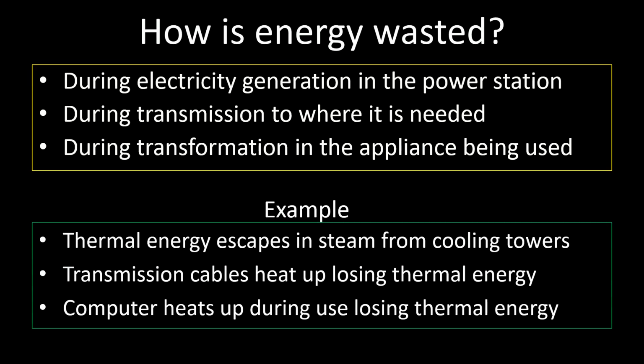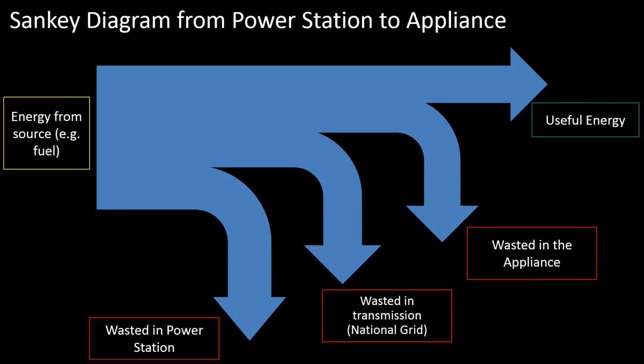Now, when we're talking about energy transfers, the most useful thing for us to think about is a Sankey diagram. So, here's a Sankey diagram that represents what we've just been talking about. I'm going to run you through this. So, we put in an energy source, from a fuel, for example, if it's a coal-fired power station, or this could be from wind or water if it's hydroelectric. And remember that the convention we have here is that the straight arrow forwards is the one we're trying to get to. The whole point of this is to try and get useful energy out of our appliance